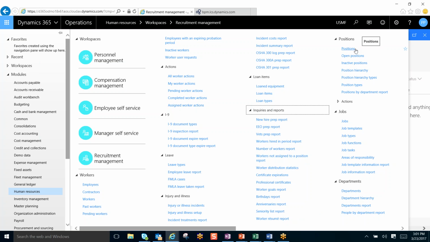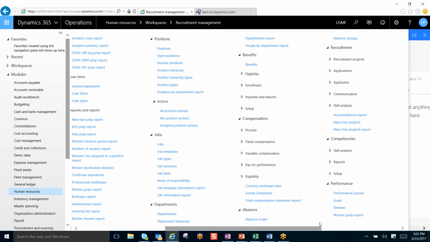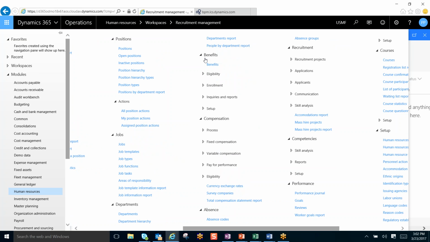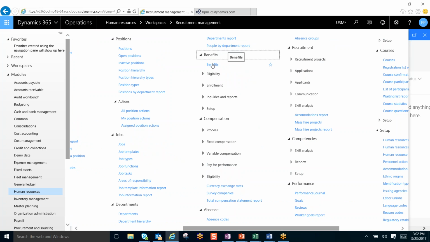I have the ability to set up my position types, review what open positions I may have versus inactive positions. I've got actions against that as well. And then I've got the ability to set up different jobs and templates and functions, and then also the departments that apply as well. I've got the ability to manage my entire benefit package, so my benefit packages as they